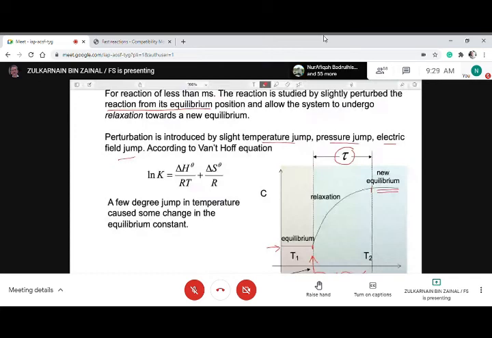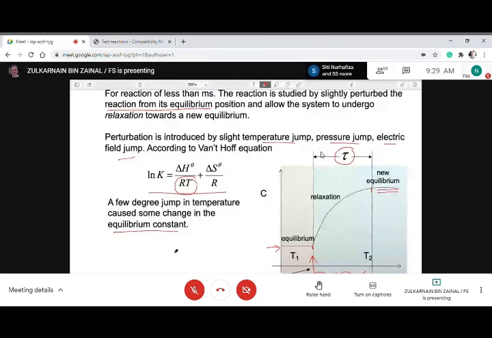So according to Van't Hoff, ln K is given by this. A few degrees of jump in temperature cause some change in the equilibrium constant. So you can see that the reaction depends on temperature, right? So you can disturb the reaction by changing the temperature of the process. You can change delta S, you can change R, delta H. At the same time, you can also change temperature. But of course, the easiest one is just to change the temperature. Okay, and then